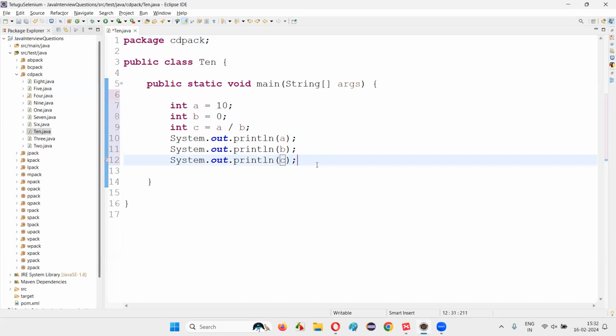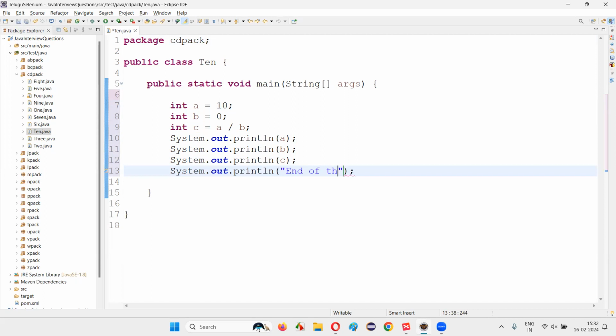System.out.println, some sample lines I'm writing, end of this program. There are multiple lines here. So when I run this code,